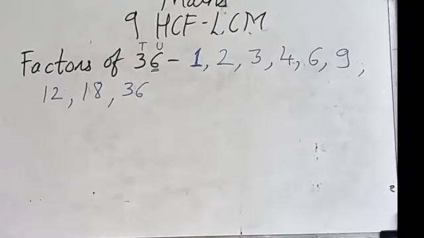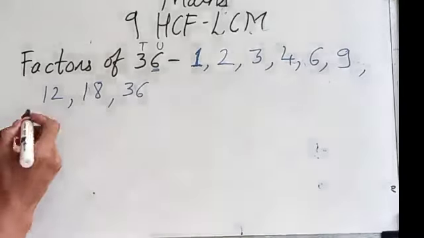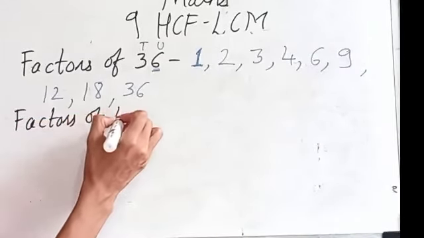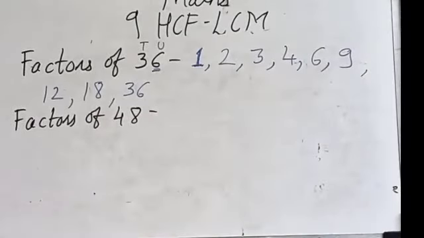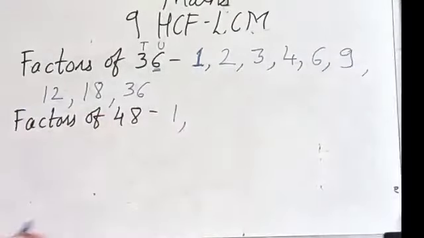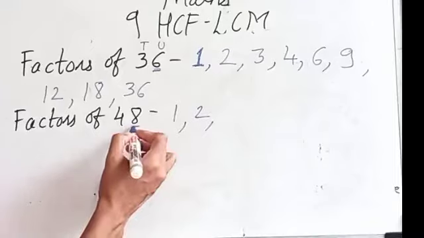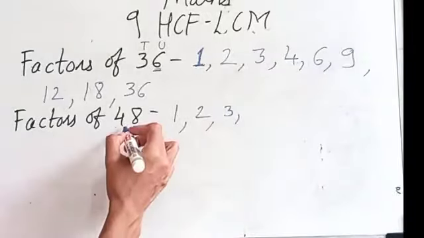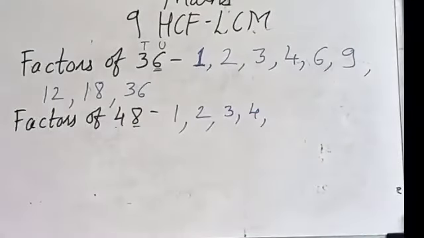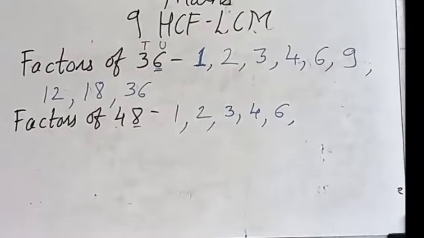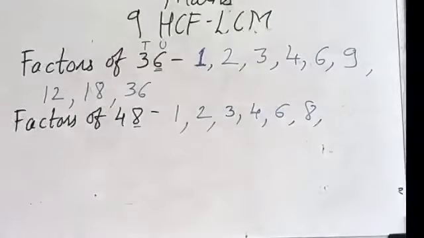Then let us find the factors of 48. Factors of 48. Okay. Now for 48, tell me, the first factor I have to write is always 1. Don't forget to write 1. Then 2 comes, yes. 3: 8 plus 4, 12, so 3 also will be there. Then 4, yes. 4 1s are 4, 4 2s are 8, so 4 also comes. Then 6; 5 will not come. 6 8s are 48. Then also 8 6s are 48.